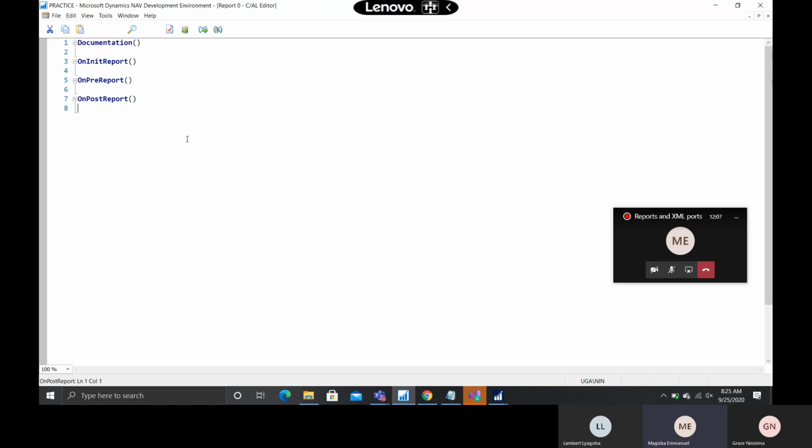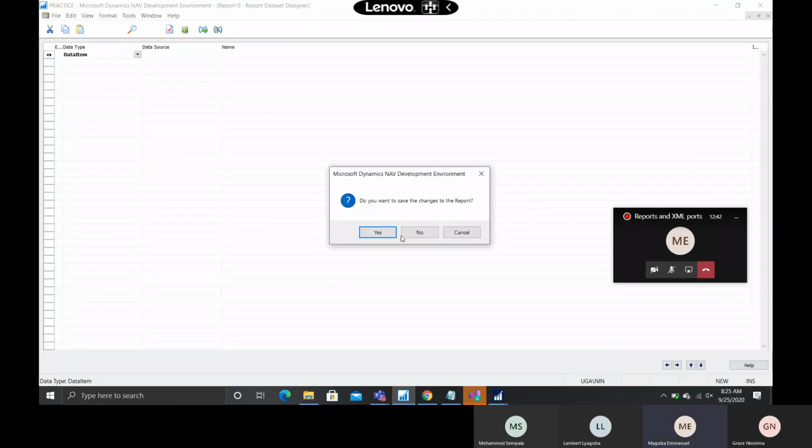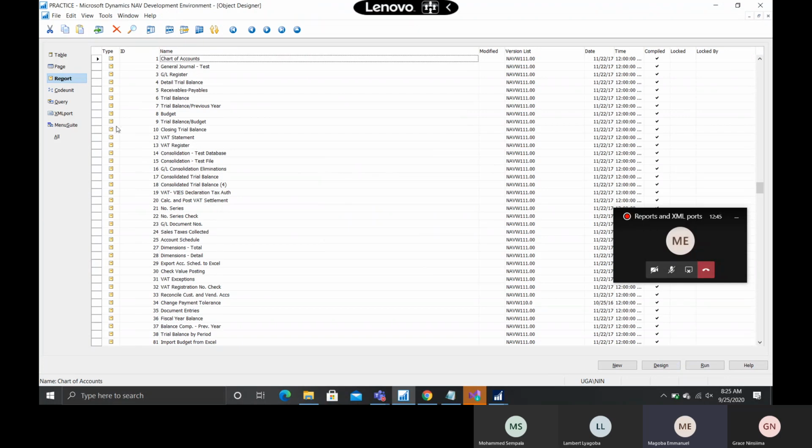If you recall very well, in I think the first lesson we had, I wanted to delete a student from the student table. Remember that? I designed the report, and here on after get record, I will show you that trigger. I entered code that was deleting students from my student list. So there are scenarios whereby you may need to have a report that processes data. An example could be, do you know how to close a fiscal year? If you look at the code that closes a fiscal year,